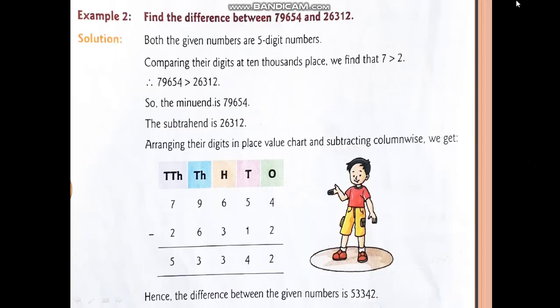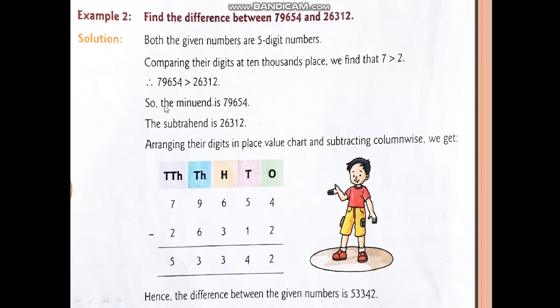Here I have taken the next example. Find the difference between 79,654 and 26,312. Students, first look at the number. Here it is not given from which number you have to subtract. So first of all, compare the digits at the ten thousands place, because both are 5-digit numbers. Here we observe that 7 is greater than 2. That means 79,654 is greater than